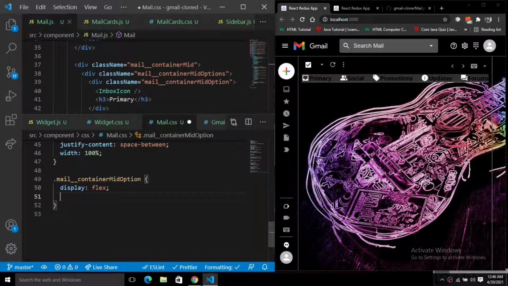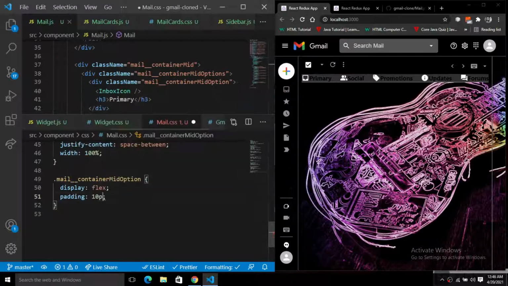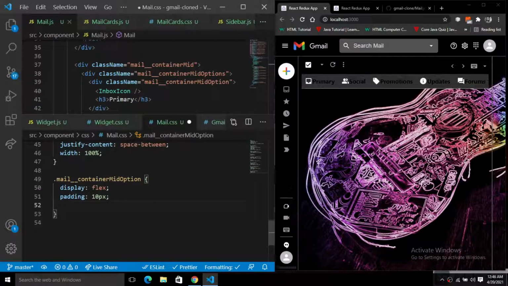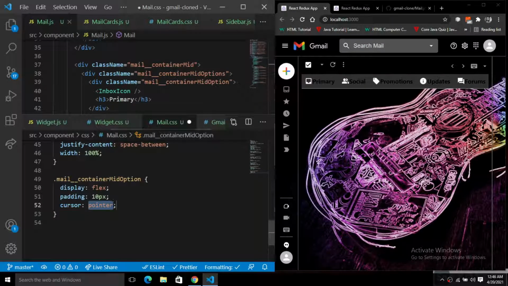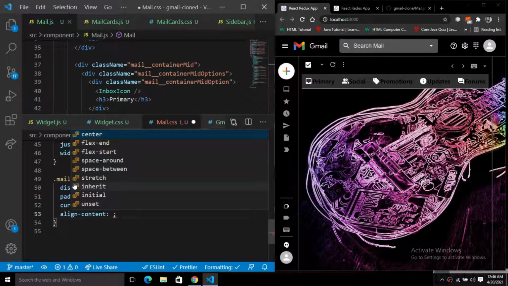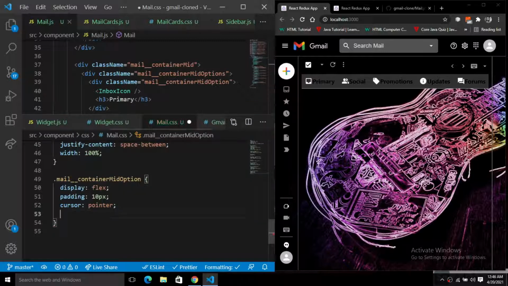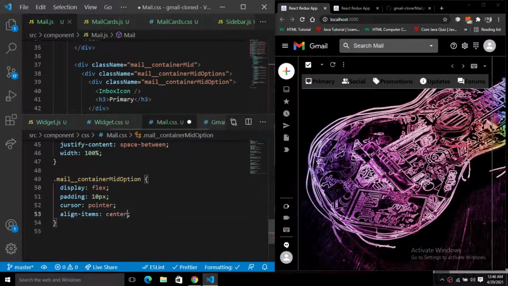But we want this thing, so we just give the padding. Just give the padding of 10 pixels everywhere. So it will be nicely aligned there, and simply change the cursor to the pointer, right? So we have just changed the cursor to the pointer, and we'll just align all the items to the center.